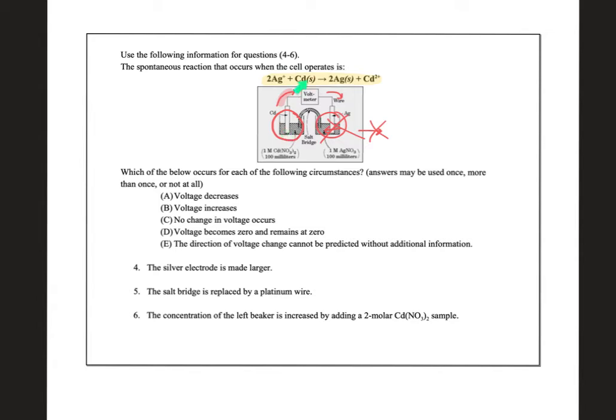Look, solid cadmium is a reactant, cadmium 2+ ions are a product. Solid silver is a product, silver+ ions are a reactant. So it's not looking at the picture and saying, well, this cell goes up so we shift right, or this cell goes up so we shift left. It's all about the balanced equation. So let's look. The silver electrode is made larger. Well, in this equation, silver is a sneaky solid. No sneaky solids. So if I just stick a bigger piece of silver in there, it is not going to make a difference. And so there should be no change in voltage,